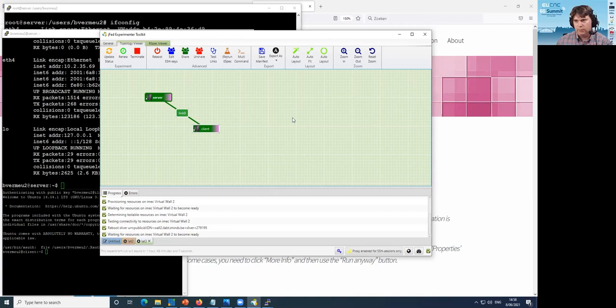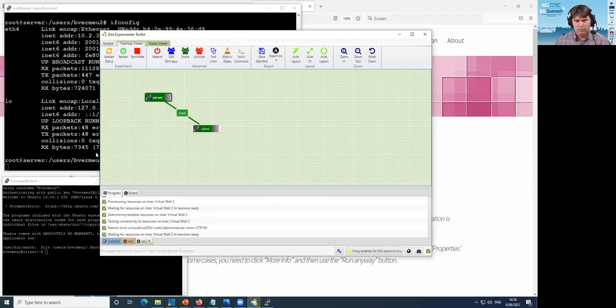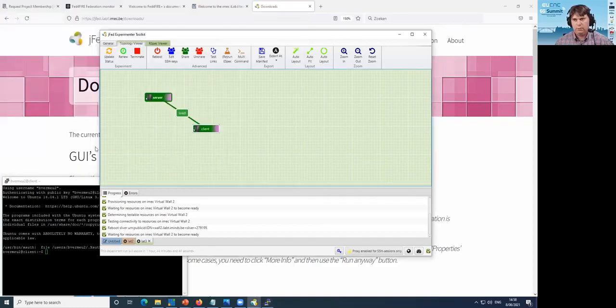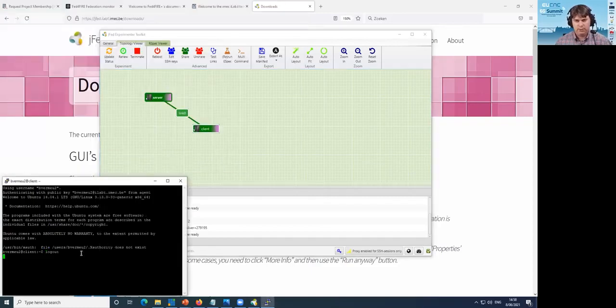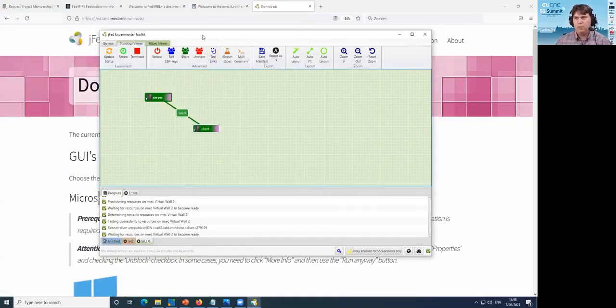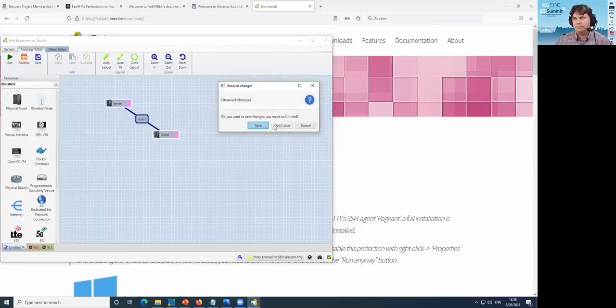Something else. Yeah, I think that's the most important thing about this simple experiment. So maybe let me show you a number of other things. JFET is only used to set up the experiment and to create the access. So that means if I just close this window to clean up my desktop a bit, if I now just close JFET